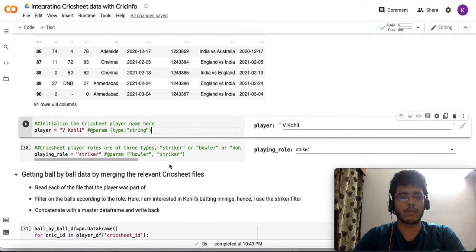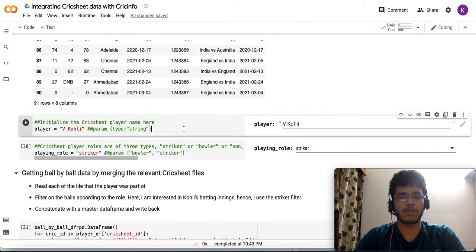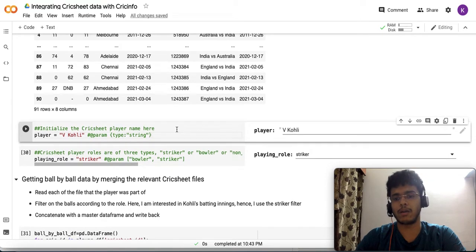Now I have some extras just to make things easier. I do know that a lot of people have asked queries on the Cricksheet player name discrepancies. I am looking into that, and naturally there seem to be a lot of inconsistencies in the way people are writing names.